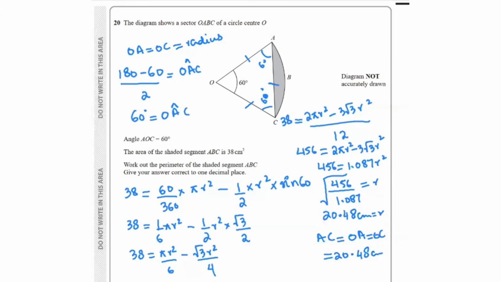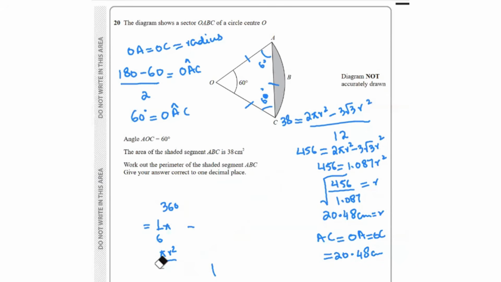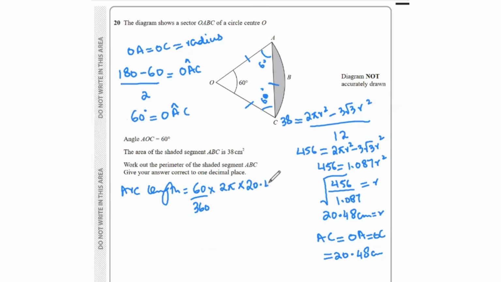Now for the arc length, we'll do 60 over 360 times 2 pi, r being 20.48. And that's going to give us